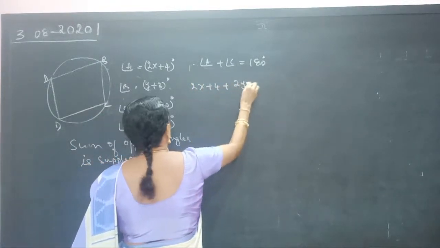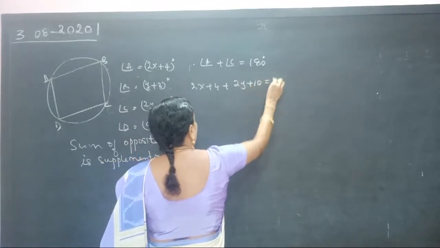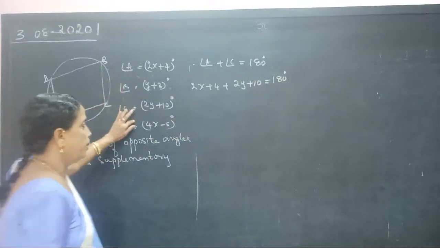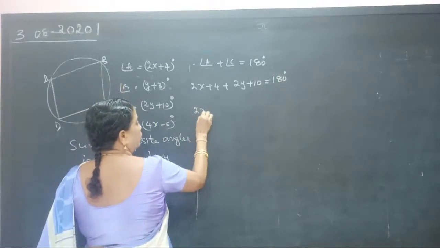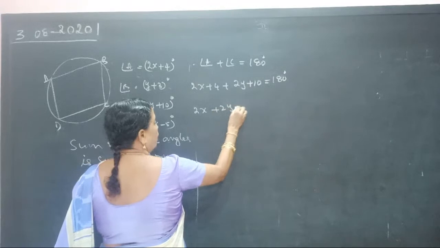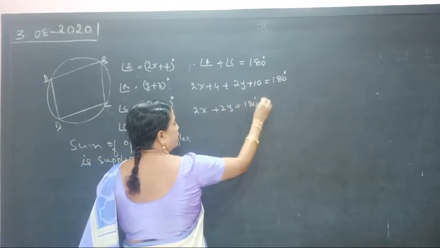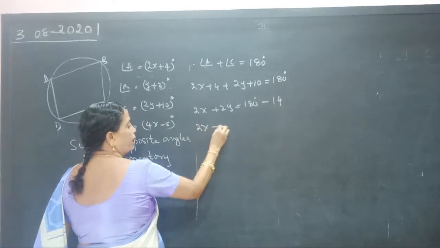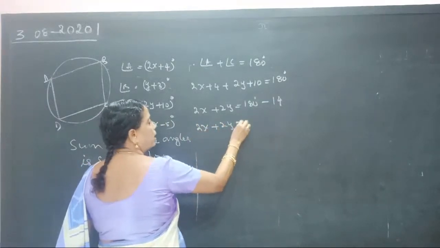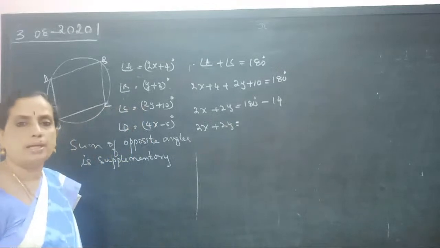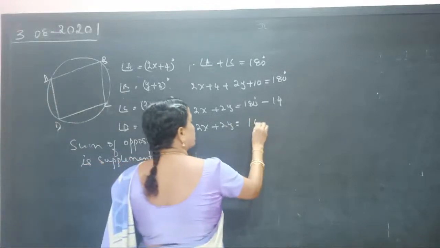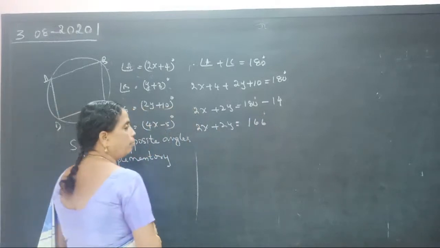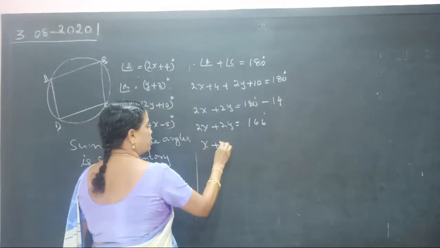Angle C is 2y plus 10 equals 180 degrees. Sorry, A plus C. What do you get? 2x plus 2y equals 180 degrees minus 14, that is 166. Dividing it by 2, the first equation is